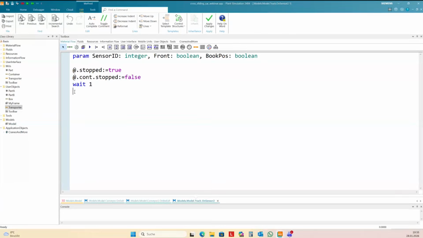I just wait 1 second and then I move the part to conveyor 5. I wait again until the part has exited the transporter completely. And then I move back.